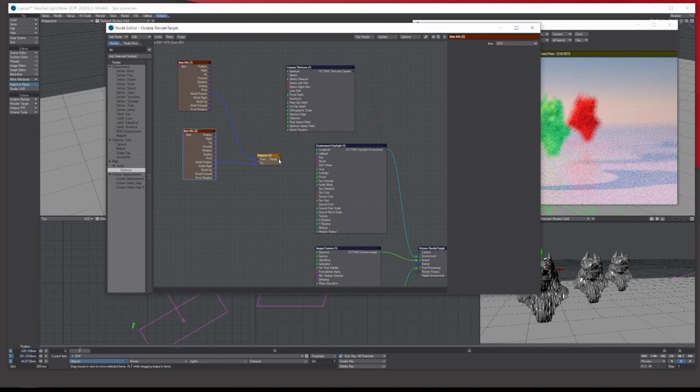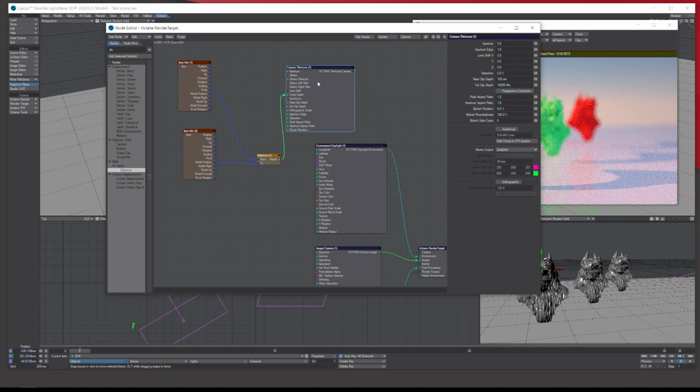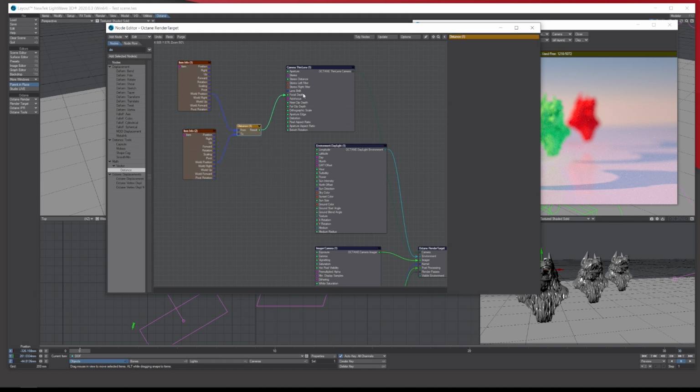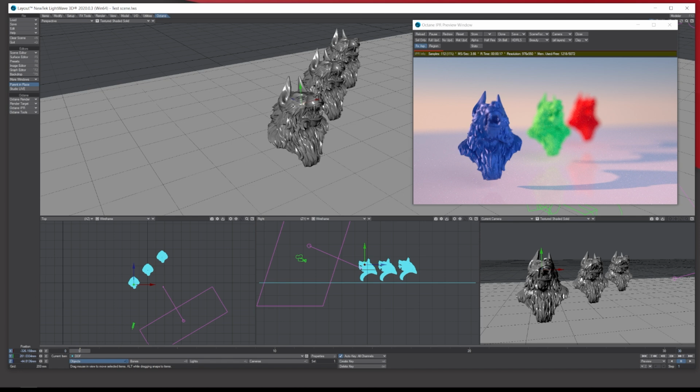Then we plug that into the focal depth here, like so. Remember, on the actual camera lens we've put an aperture of 3 anyway. So we've got the camera and the null set up to drive the distance of the focal length. Basically that means the depth of field is going to focus